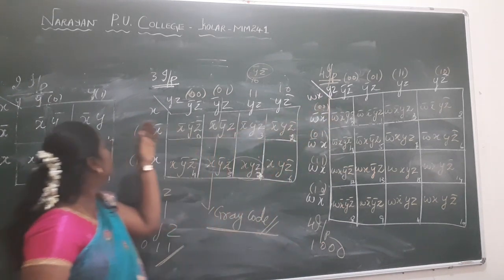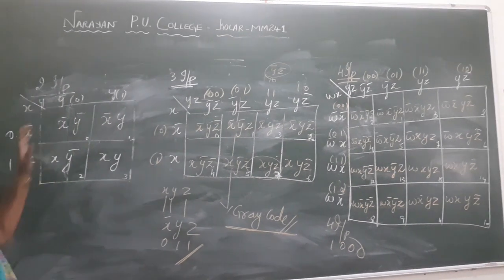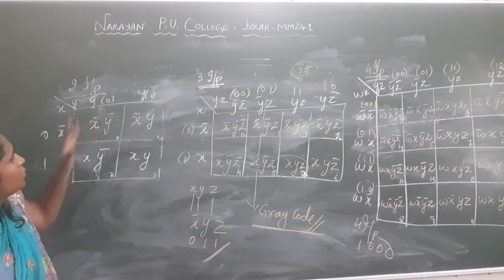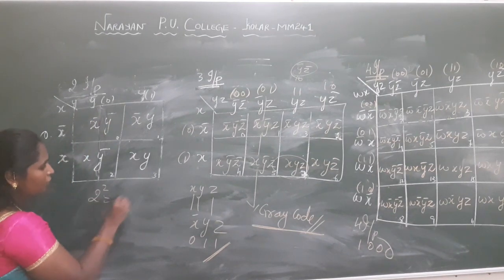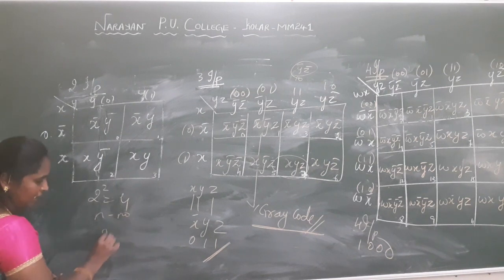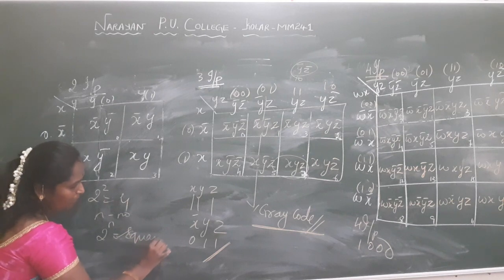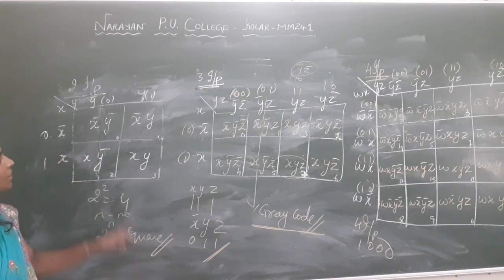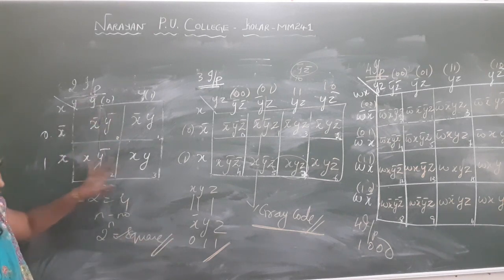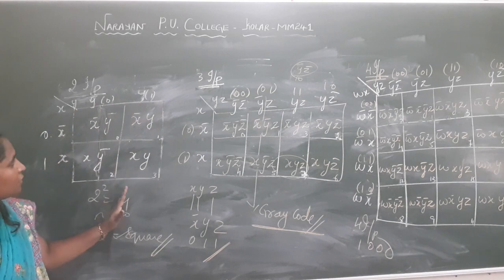So we have seen the 2 input representation. I am taking the 2 values, x and y. The possible values are 0 and 1. For y also, 2 squared is nothing but 4. So there are 4 squares. I have already told you, with n variables, 2 to the power of n squares will be available in your minterm map. So 1, 2, 3, 4 squares. The possible combination is x bar, x, y bar, y. This is for 2 inputs.